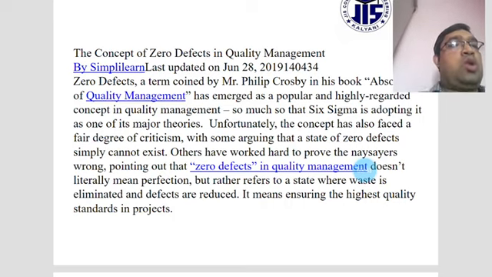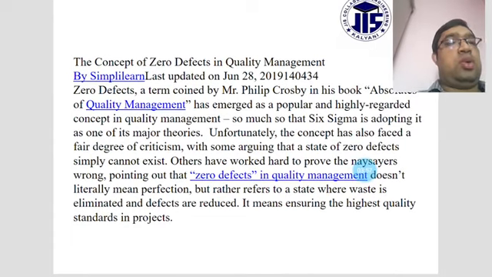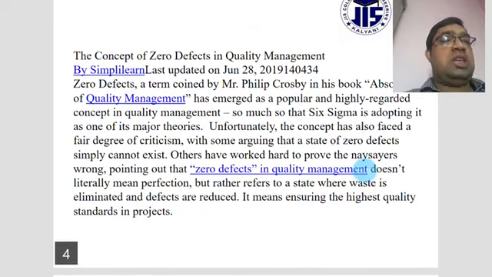Unfortunately, the concept has also faced a fair degree of criticism, with some arguing that a state of zero defects simply cannot exist. Others have worked hard to prove the critics wrong, pointing out that zero defects in quality management does not literally mean perfection,